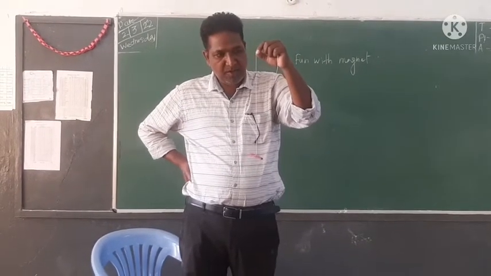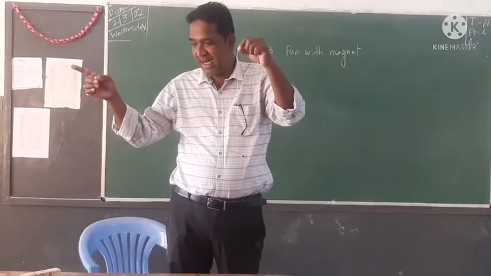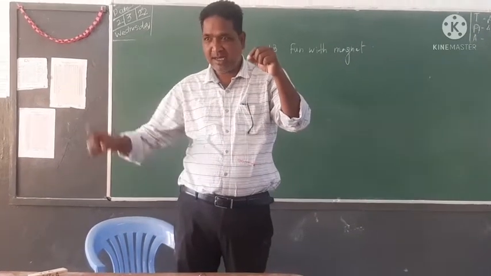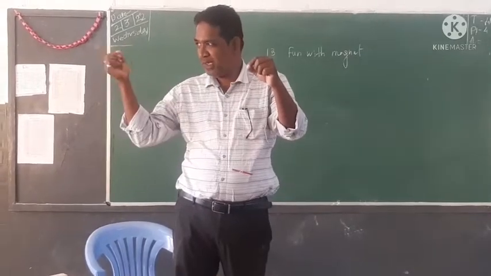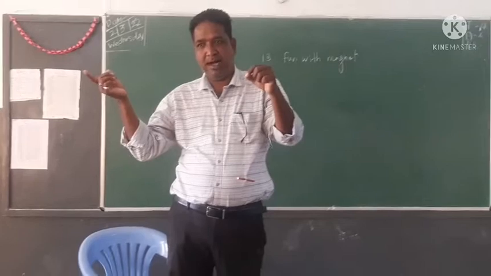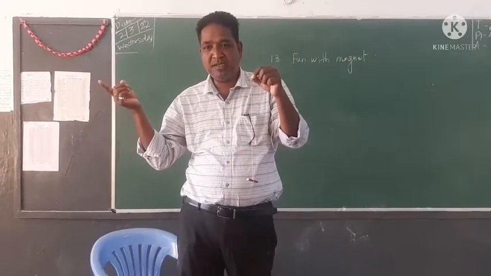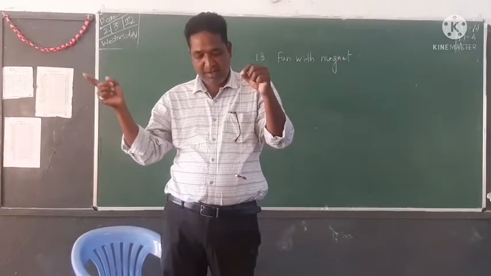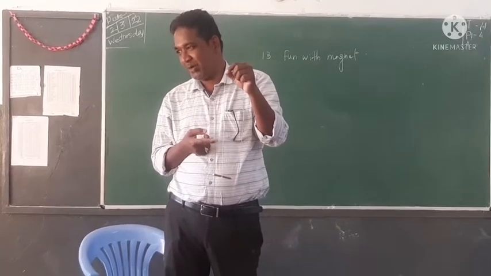Look at the position of the magnet. Magnet का position की तरफ देखो. It shows this direction and this direction. Okay? कौन कौन सी दिशा दर्शा रहा है? एक तो लेफ्ट हैंड साइड की दिशा दर्शा रहा है and right hand side. So do you know what is the left hand side and right hand side? बोलो कौन सी दिशा है ये? नॉर्थ एंड साउथ. नॉर्थ कौन सा है? इधर का. ये नॉर्थ है और ये साउथ है. So the magnet is always showing the direction of north and south, है ना?